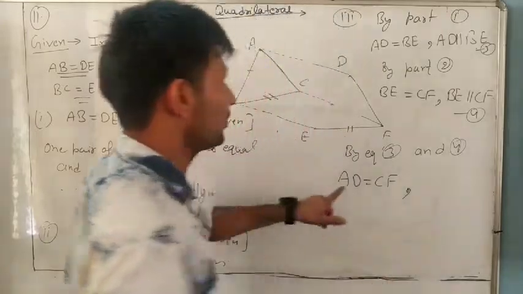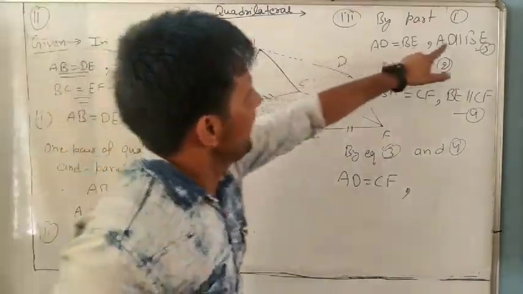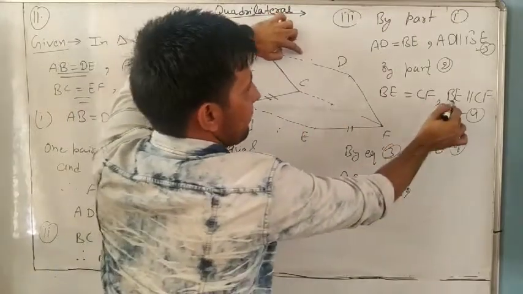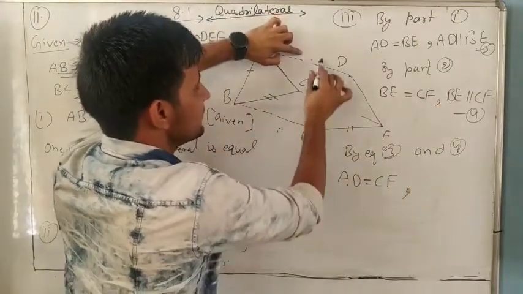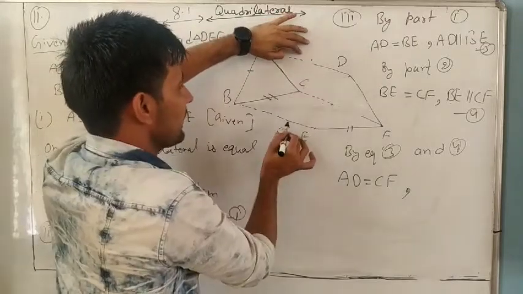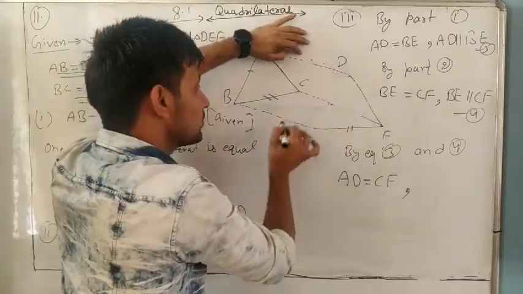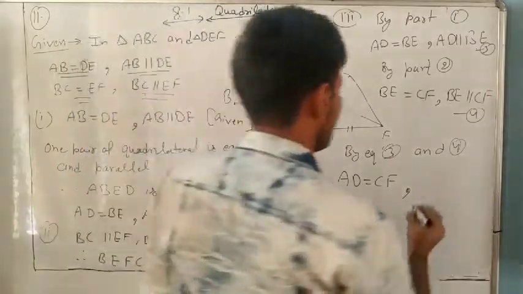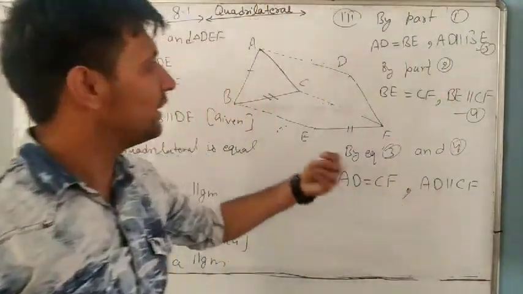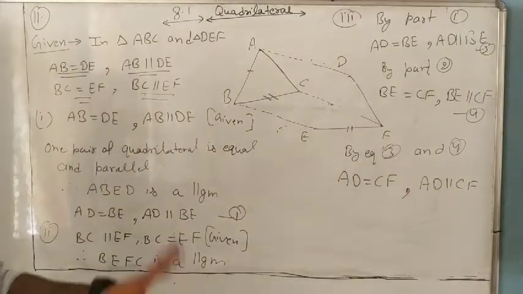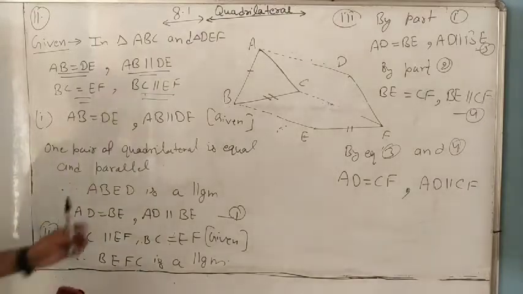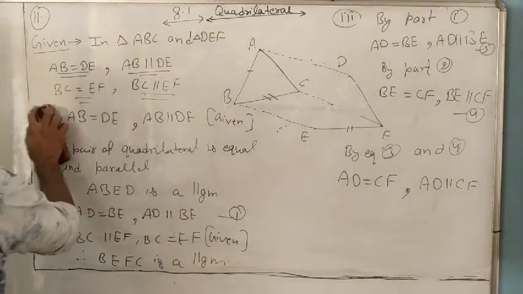And next we want the parallels. Tell me, AD is parallel to BE, and BE is parallel to CF. It means all these three are parallel. What is given? AD is parallel to this one and this one is parallel to this one. It means these two are also parallel, and AD is parallel to CF. Very easy, you only have to write that. Okay, now the third part is done. Now the fourth part, I am solving this one now.